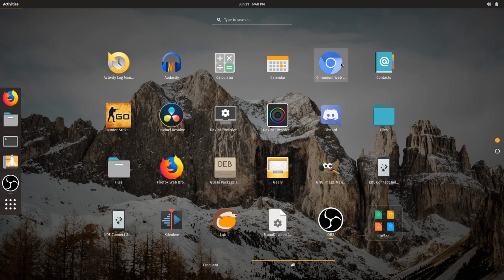Then I installed Chromium because I love Firefox and I want to use it as my main browser, but I have the feeling that somehow uploads in Firefox don't work as well as in Chrome. I feel it when I'm uploading videos